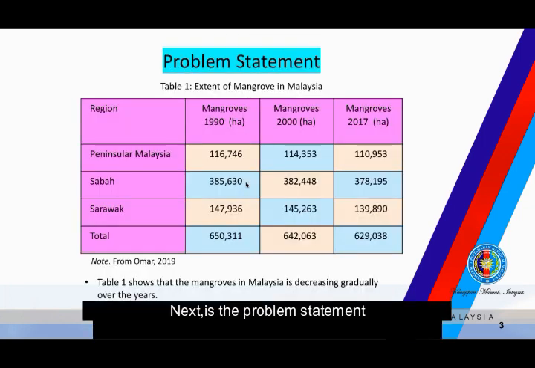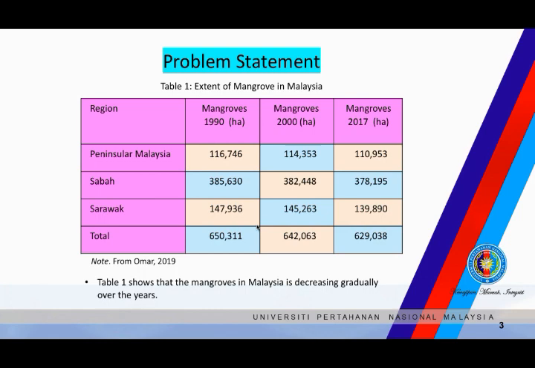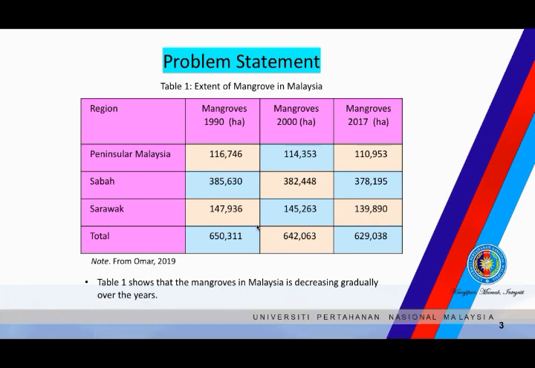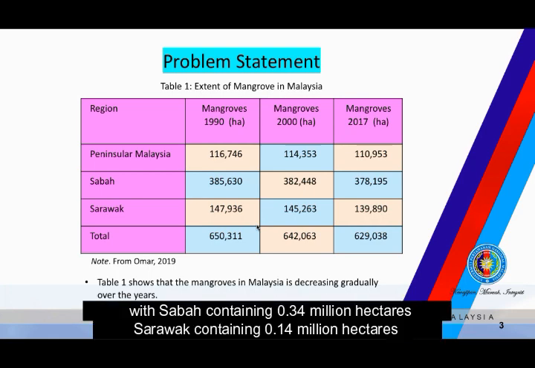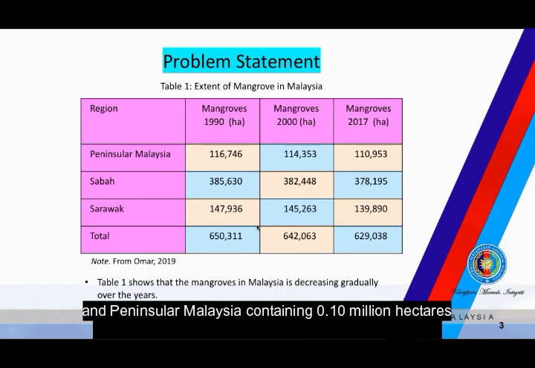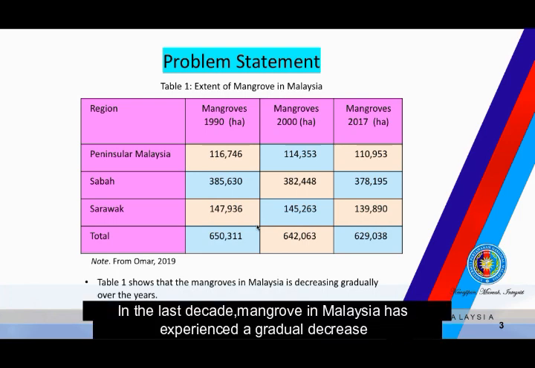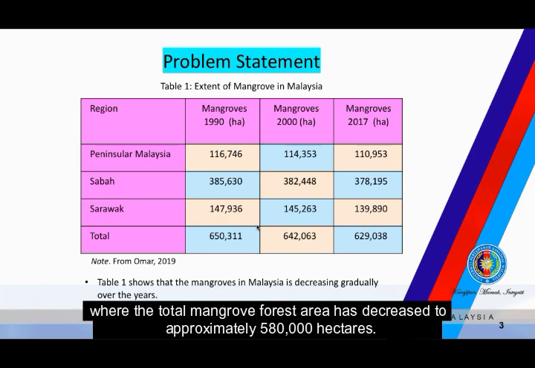Next is the problem statement. The total mangrove forest area in Malaysia is 0.58 million hectares, with Sabah containing 0.34 million hectares, Sarawak containing 0.14 million hectares, and Peninsular Malaysia containing 0.10 million hectares. In the last decade, mangrove in Malaysia has experienced a gradual decrease, where the total mangrove forest area has decreased to approximately